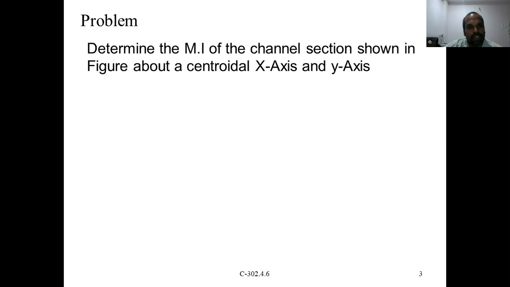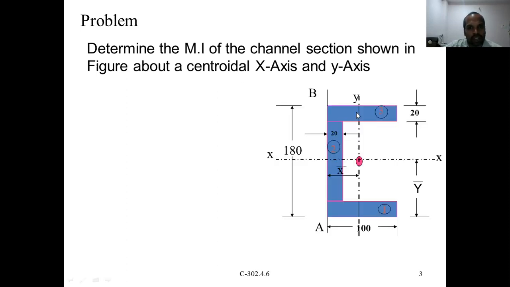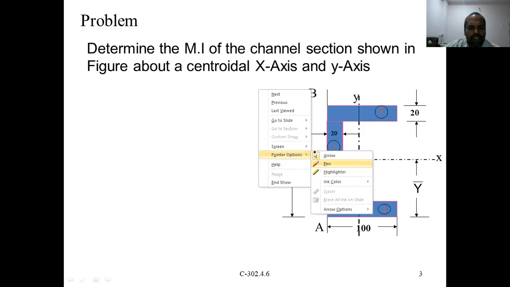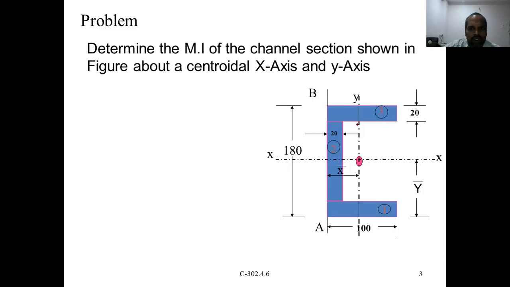That is the normal orientation like this. For this orientation, this is about the y-axis, because the web is on the right side and the flanges are here. So if it is of this orientation, it is always unsymmetrical about the y-axis. I am repeatedly saying orientation. What other orientation can it be? Instead of a C, you can place the same channel like this also, and the same channel you can place like this also.